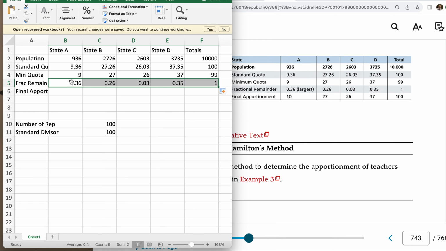And here's where the Hamilton method said, give it to the one with the highest percentage, the highest decimal left. And so A would have got it. That's a little tricky to do on Excel, so I'll just type in. That would have been 10, and this one would have stayed at 27, and this one would have stayed at 26, and this one would have stayed at 37. And if I add those up,